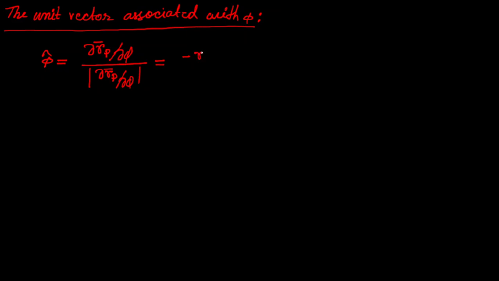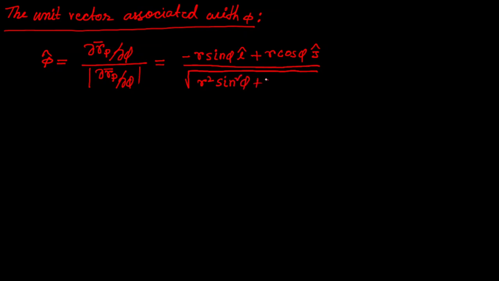We'll get minus r sin phi i cap plus r cos phi j cap, and then we have to divide by its magnitude. The magnitude of this vector will be the square root of r square sine square phi plus r square cos square phi. Now see this denominator, both terms have r square, so we can take r square common,